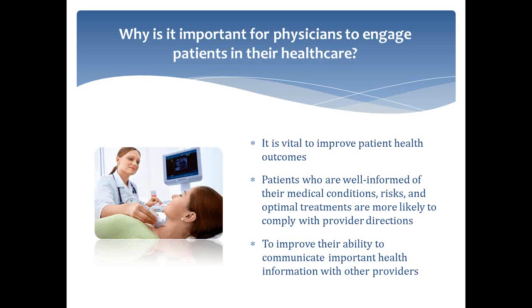But from a what's-in-it-for-me standpoint, doctors are going to be really struggling to comply and understand all the changes that are coming with Omnibus and with EHR and with Obamacare and ICD-10, and they have to find a way to adapt to the current healthcare environment and engage the patients, offer more services that are cash-based, that are wellness-oriented, that create revenue streams for their practice, and that improve referrals, because it's going to become too expensive to try to stay in business the way that they were used to staying in business, and too frustrating, quite frankly. So it's important for them from a business management perspective, as well as just